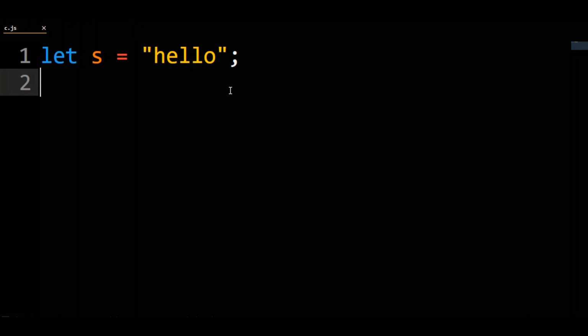One final thing to add, you can actually use reverse to reverse a string. If we do let s equals the string hello, that's the first step. Next, the reverse is only a one-liner. s equals s.split on the empty string. This much converts s to an array that holds each character in hello.